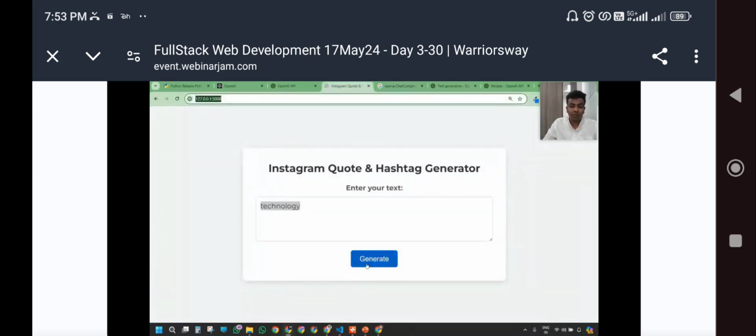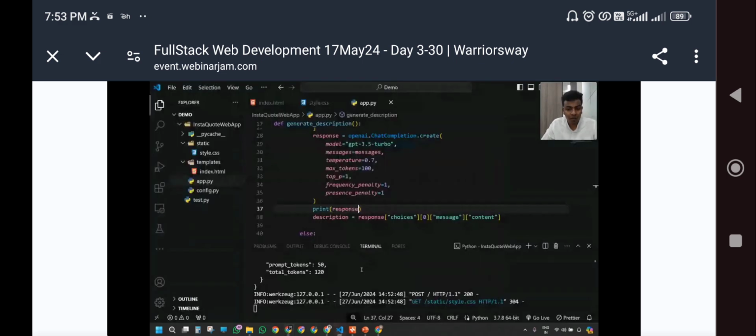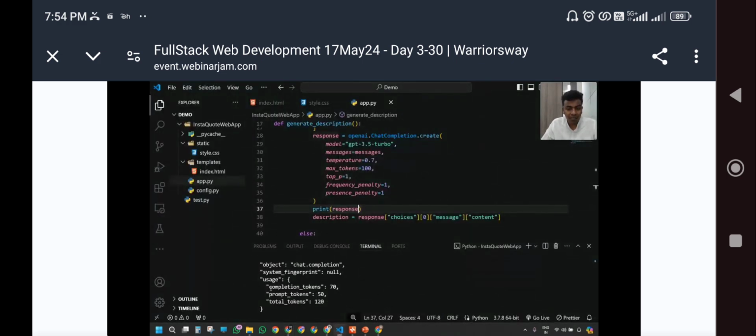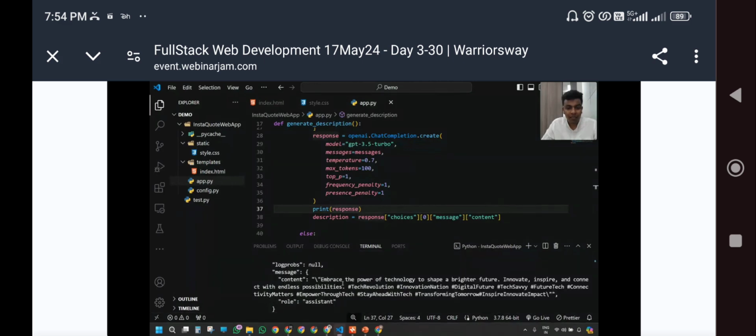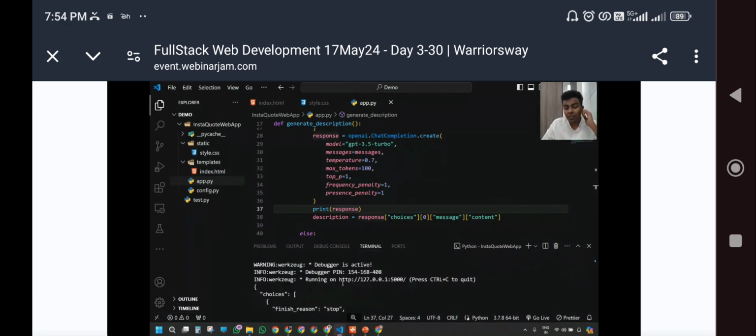Okay, and technology, click generate. Okay, this is the output we have got. But carefully watch. This is how your output will look. Can you see that? Even though you are sending some text, whenever you get an output from this type of cloud service, it can be the ChatGPT API, it can be a weather API. Yes, exactly. Do you remember when we worked on the weather app application? It gave you the results in JSON format.